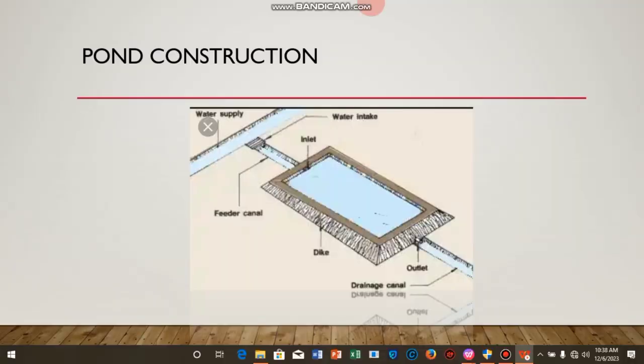Fish confinement facilities. As I was saying,